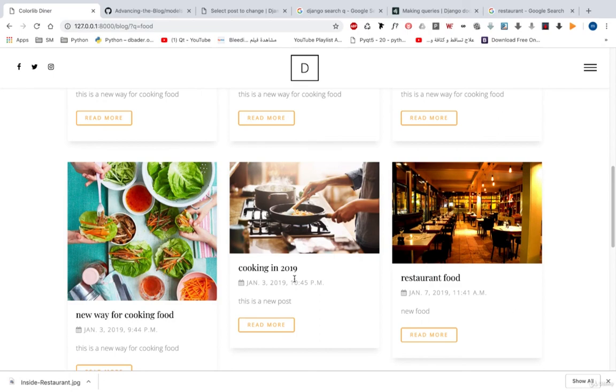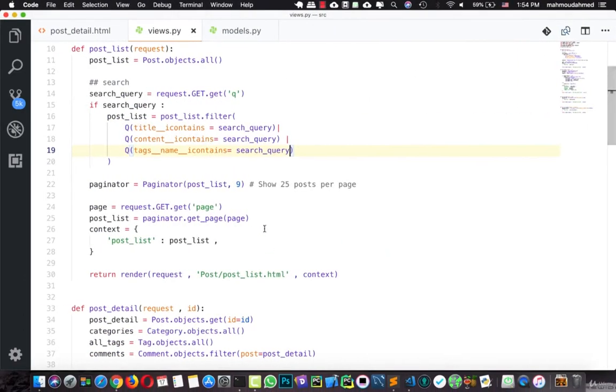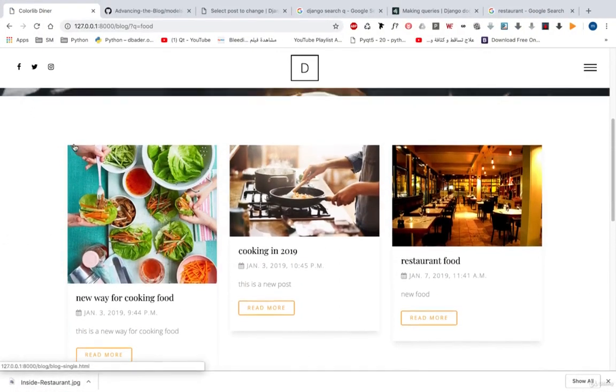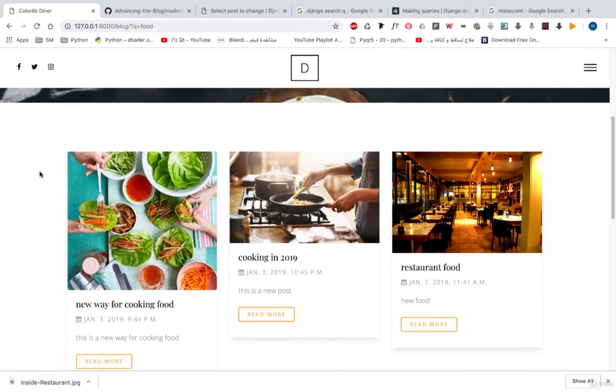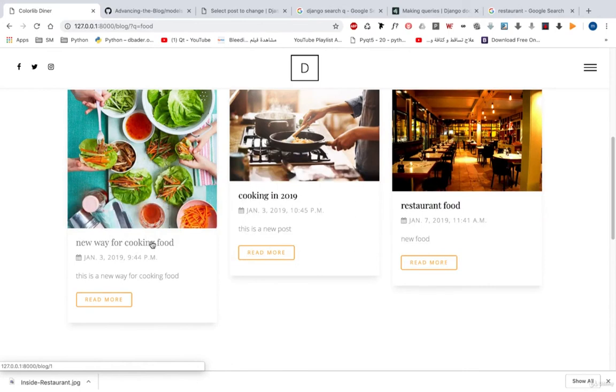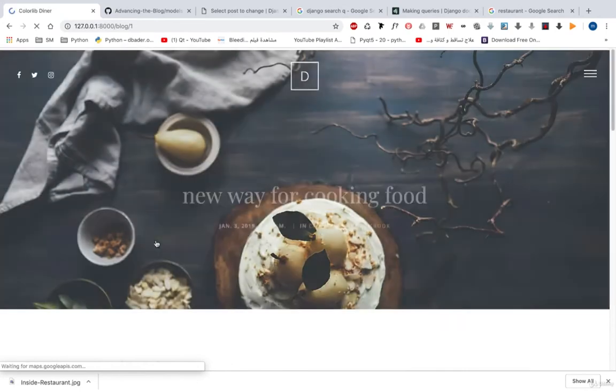So let's move in here, and let's type that text like this, and let's save this. And here let's refresh our page. So we've got only 3 posts because this method will remove the duplicates. And here we've got 3 posts, and if you open this,